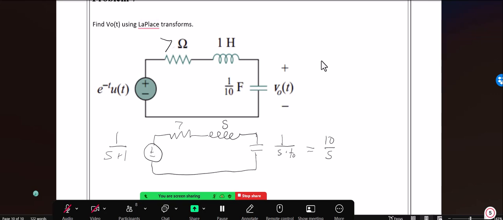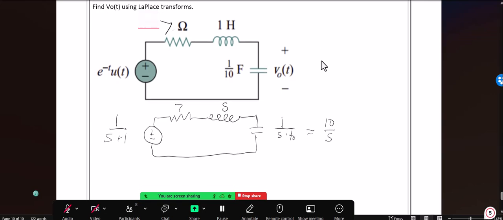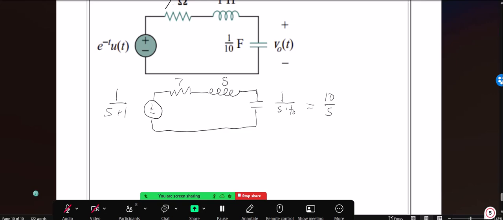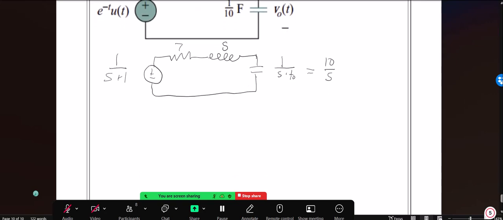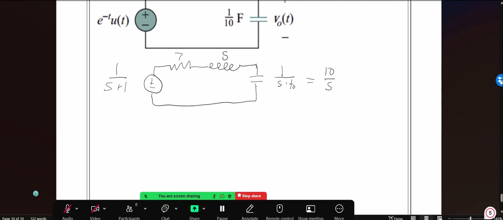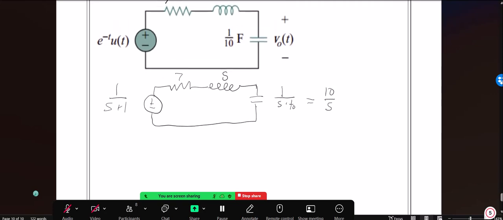All right. Now we're trying eventually to find the voltage across the capacitor. So we could do that by doing a voltage division, because once we have it in the S domain, everything we know from chapters 2 and 3 all applies. So voltage division tells me my voltage across my capacitor equals my total voltage, which is 1 over s plus 1,